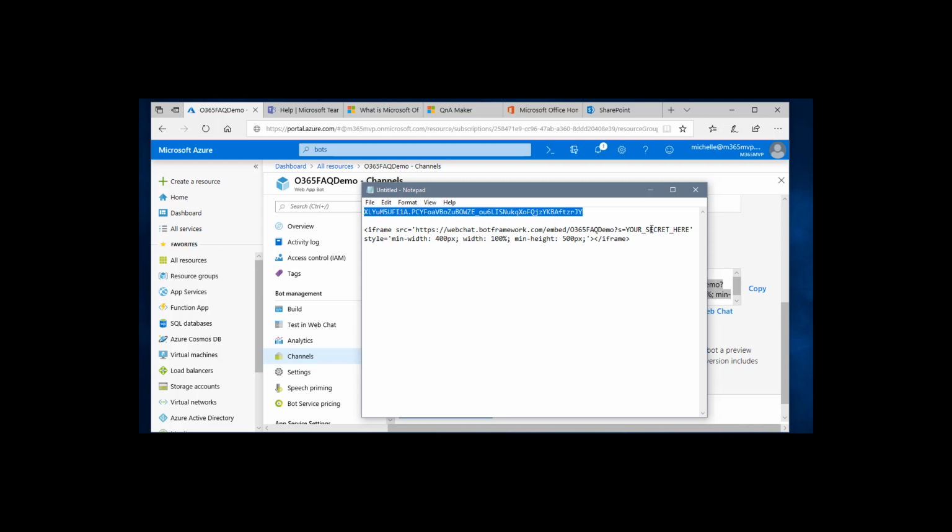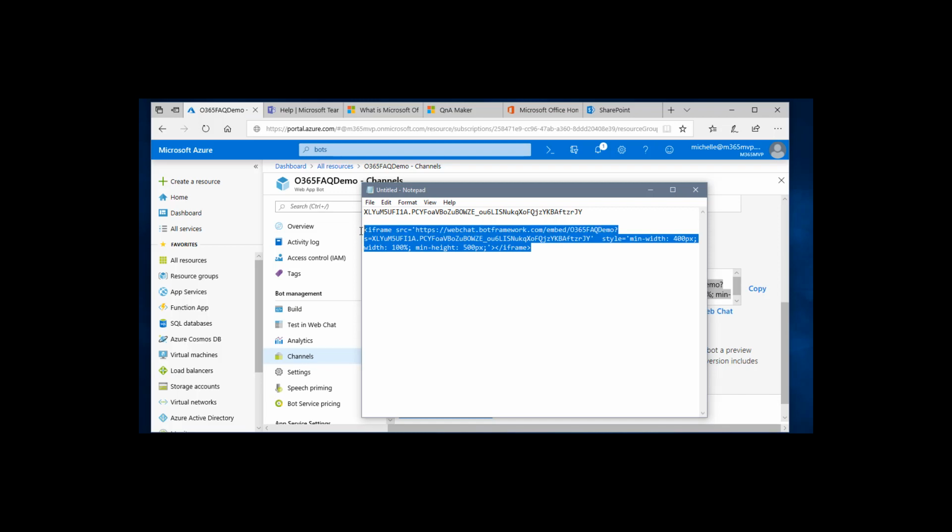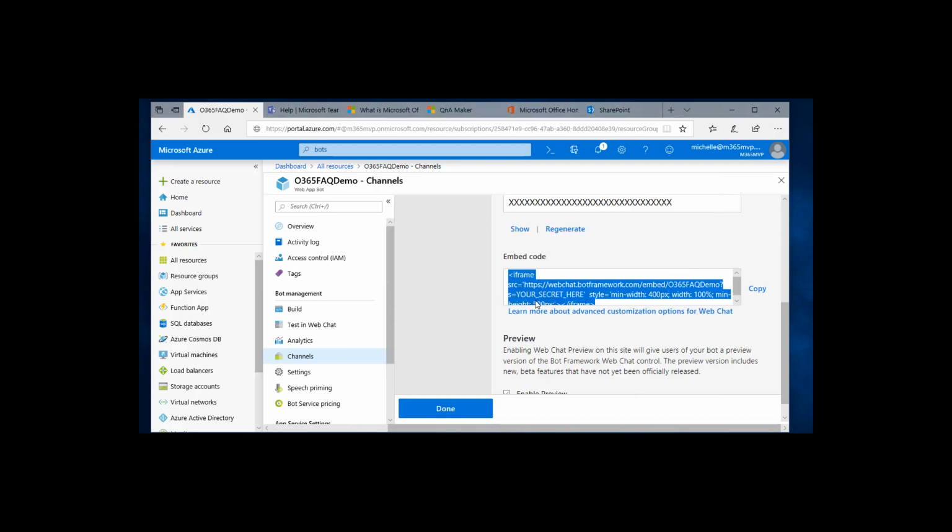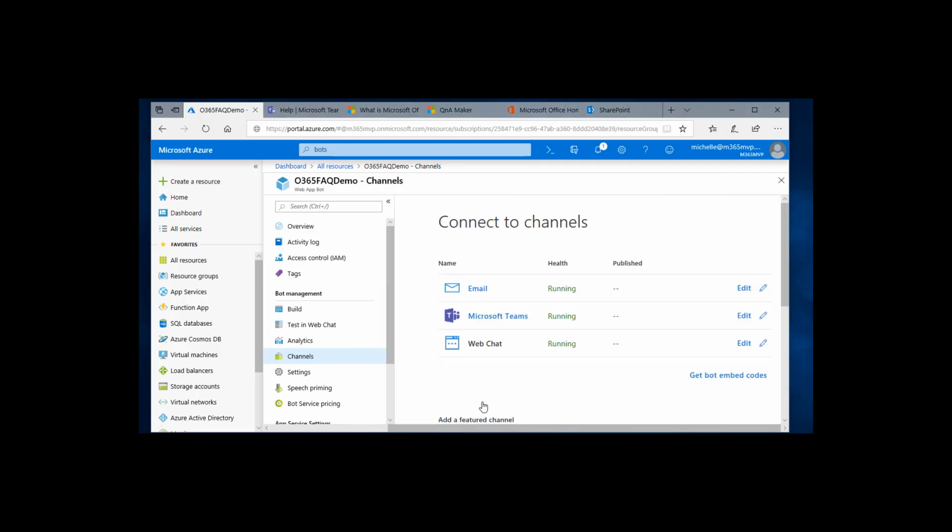Next, I copied my code, my secret key, and I very carefully am only highlighting the your_secret_here part. That's where you paste your key. Be sure not to lose your last tags or your equal sign before. All right, let's go ahead and copy our iframe. We should now be able to feel good that we only need that particular iframe code,